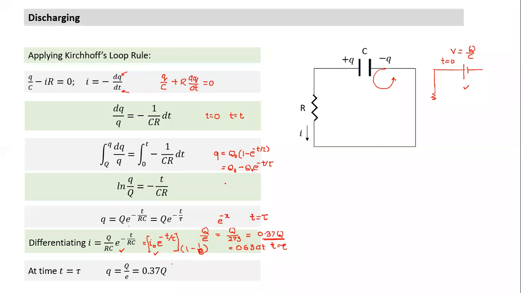Sir, but initial current is different, right? Initial current is different. Tell me. See, let me give you two circuits, and then think and tell. See, this is the initial circuit. I have connected a capacitor C with a battery V. This is R.